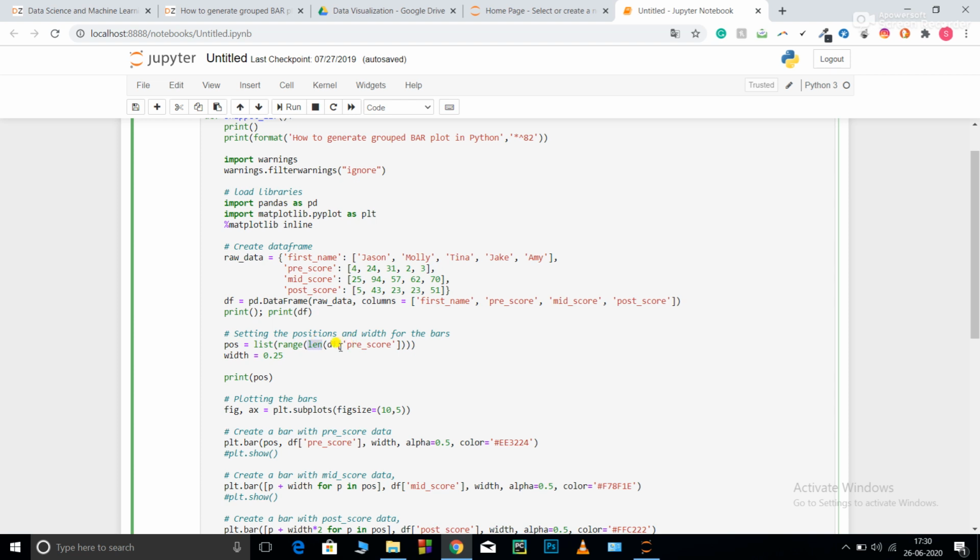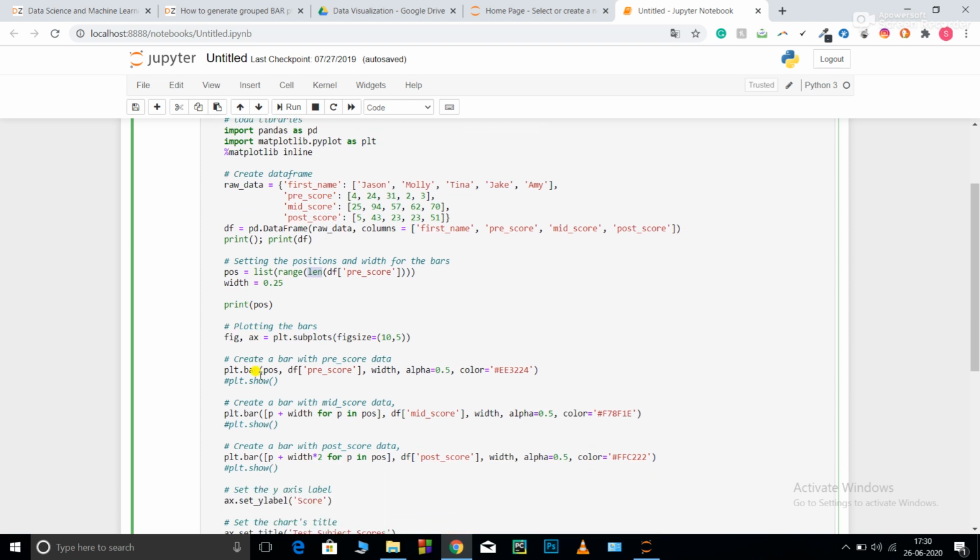The range should be the length of df pre-score, which is 5, starting from 0, so 0 1 2 3 4. Now my width is set to 0.25. This is the width of each bar. Now print pos will print my pos.